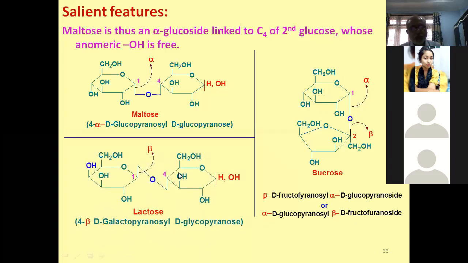Let us see the third one. The third one is lactose, where this is galactose. C1 of galactose is linked to C4 of glucose. This is glucose. Galactose and glucose differ at C4: in galactose the OH group is on top, while in glucose it was at the bottom. Now here, this is a beta glycoside. So the beta OH group is linked to C4 of glucose, which is at the bottom. So this linkage we are showing through this corner. In maltose it was this one, alpha, and this is beta. So it is a beta glycoside.